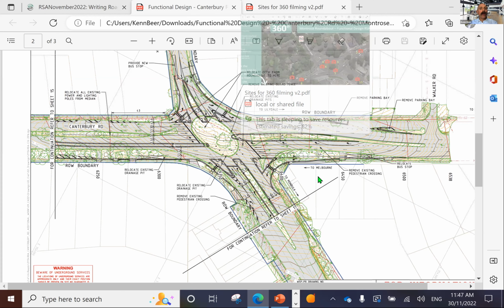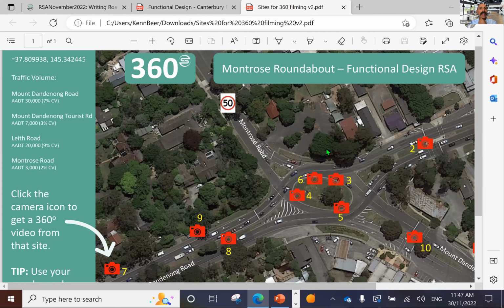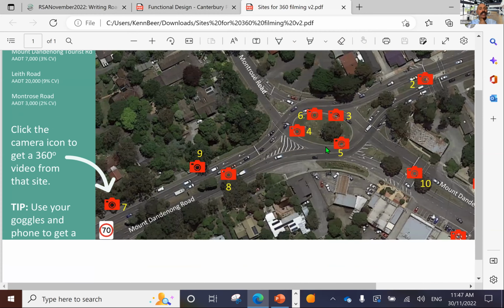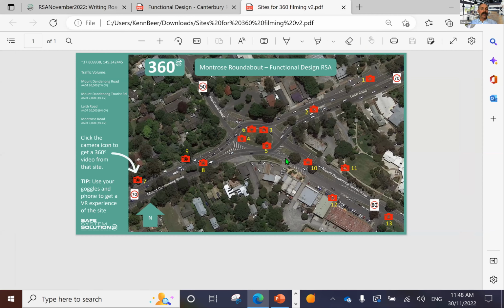But what you might do is look at the surrounding road environment and the area to understand and imagine how it will be used in the future when it's signalized. Because this is just a bit of practice and a mock exercise, instead of sending you all out to the site, and some of you are in different states, we've got some footage from the existing condition, okay? And we've put it into this second PDF, and you can click on any of the sites there, and what it will do is open up a